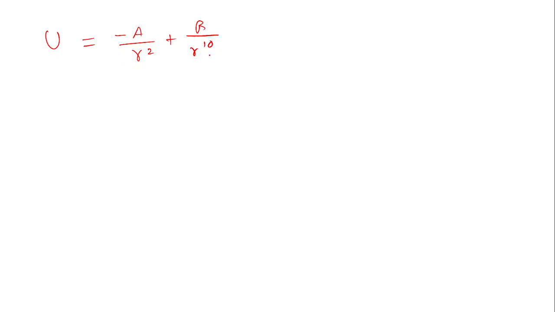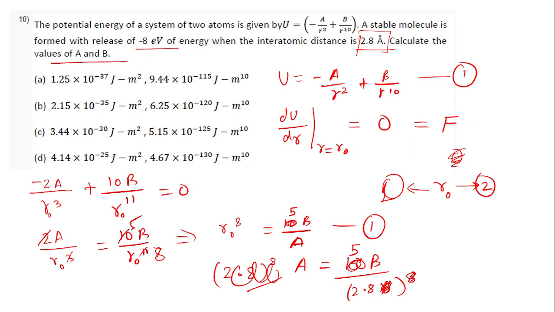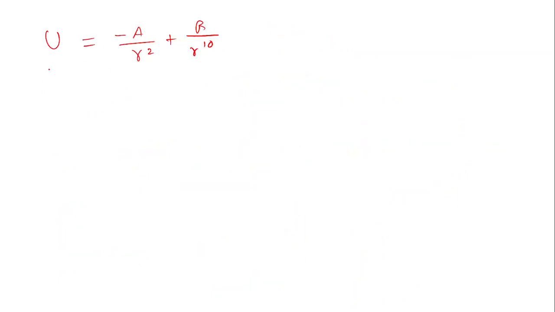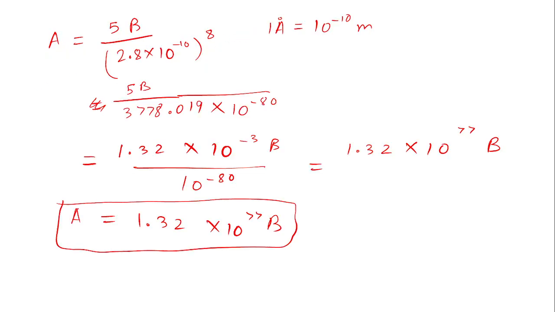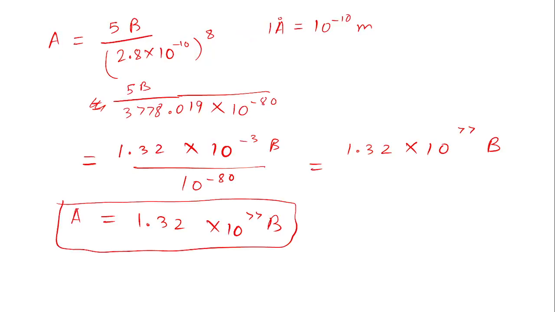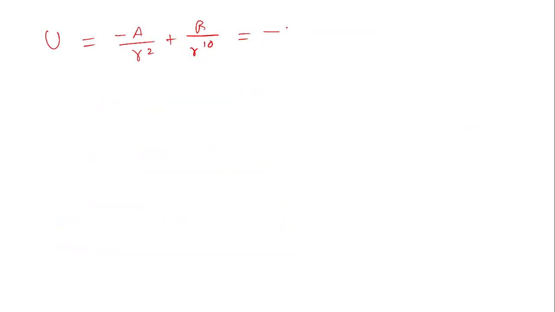We need to find out the value of a and b, and we already have the value of energy. Putting this here, I'll also put the value of a that I have obtained in terms of b. So it will be minus 1.32